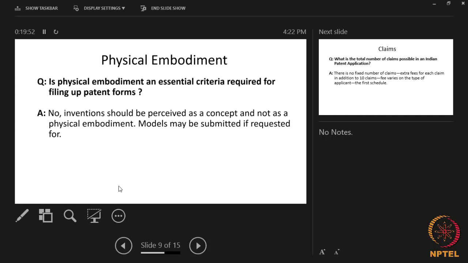So that's a technique which you have already discussed in the class. So no inventions should be perceived as a concept. This is from the drafting perspective. All that I have explained to you about possession and working model is when you get into the prosecution at